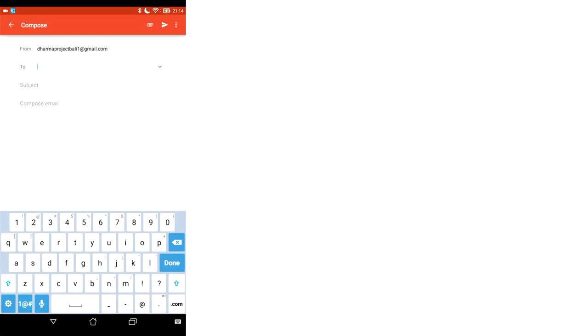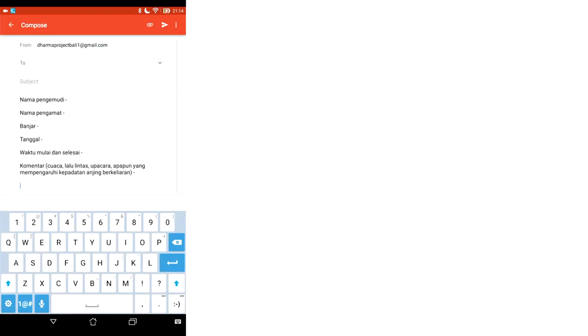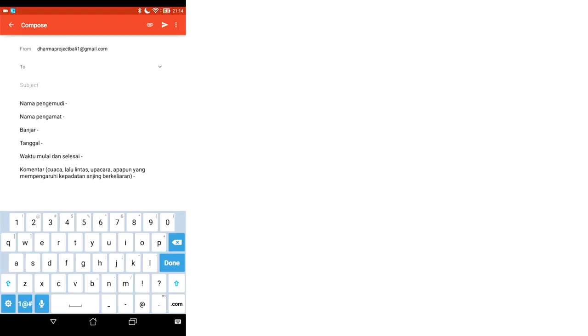Hold your finger down in the compose email area and click paste, and now that list of information requirements is in your email. Now you're going to send this GPX file to 2 people, to Pat Karang and to Ibu Ria. So first of all, Pat Kerrang's email. It's Kerrang